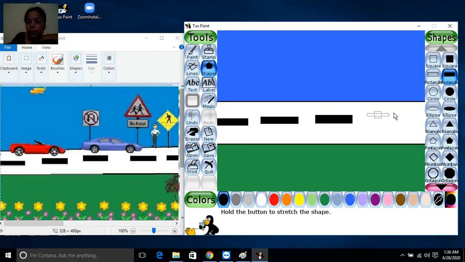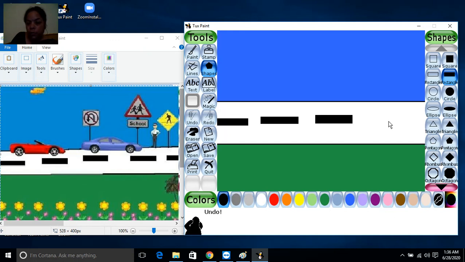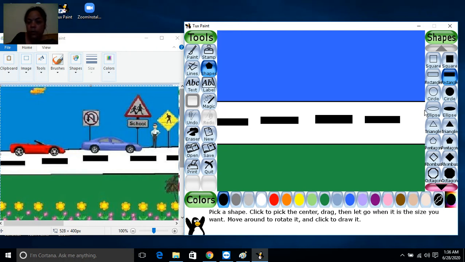Your box's size may be bigger or small. See, I have drawn something wrong here. So to cancel this work, I have to just click on undo. Now again, I will draw the box. Now the last one.